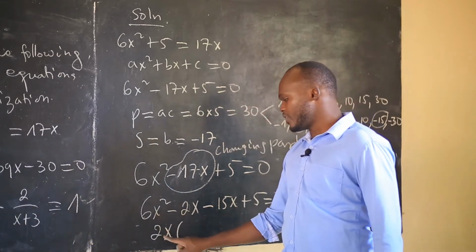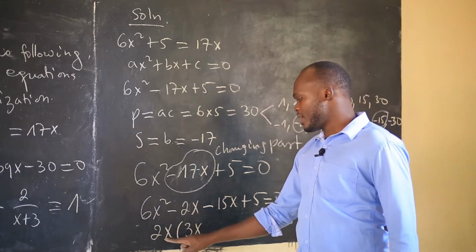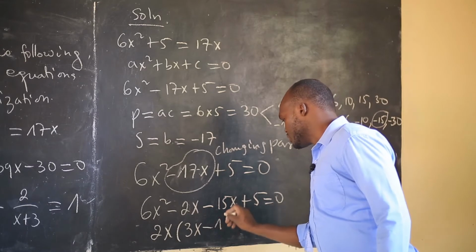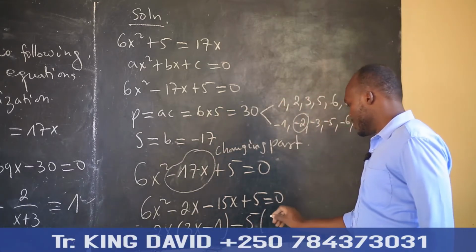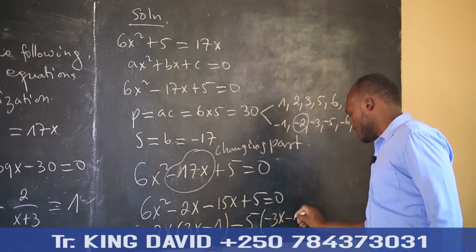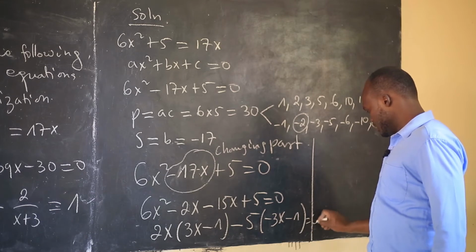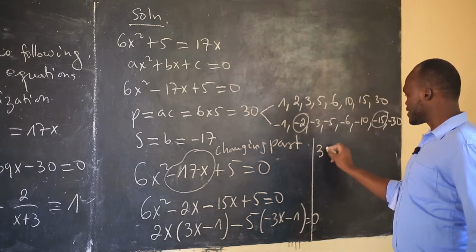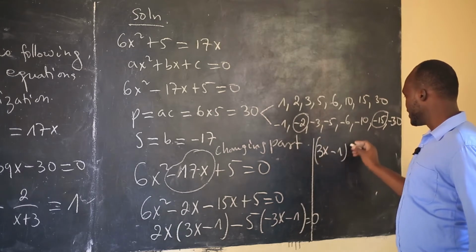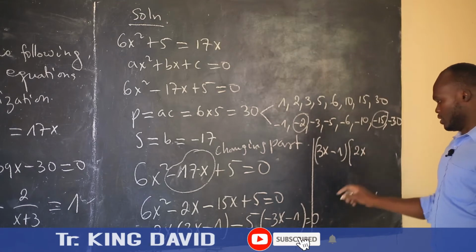So 6x squared divided by 2x, I remain with 3x. So 2x divided by 2x, I remain with negative 1. So here I take negative 5 out of the bracket. I remain with negative 3x minus 1, equal to 0. You can see that 3x minus 1 is common. I take 3x minus 1 out of the bracket. I remain with 2x minus 5